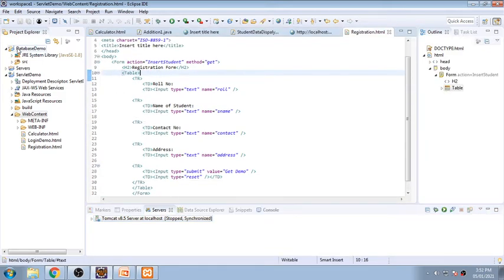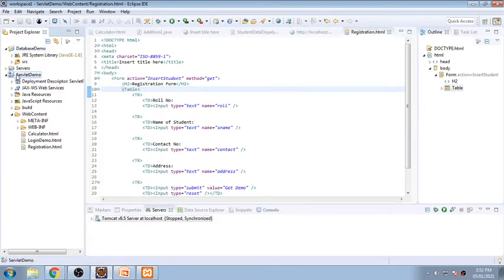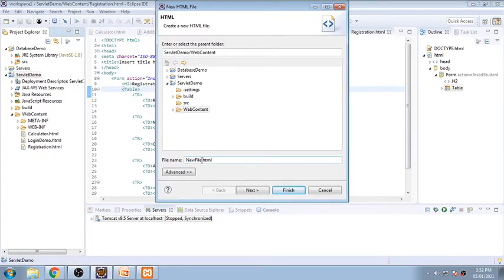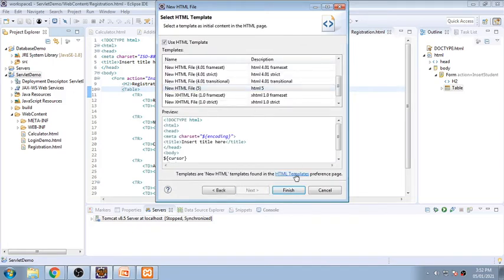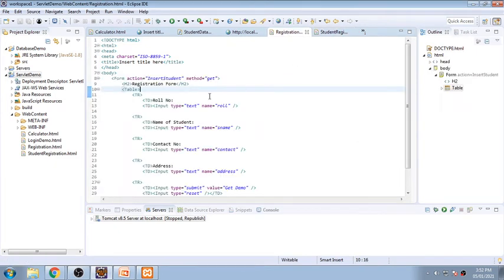but still I need to create a separate file in front of you. So I am creating it on the database. The project name is servlet demo. Right click, new, and I am clicking HTML file, and I will be giving a name called student registration. So this is my HTML file, and I'm saying next. So ready-made code will be added over there, and here I will be pasting some parts.